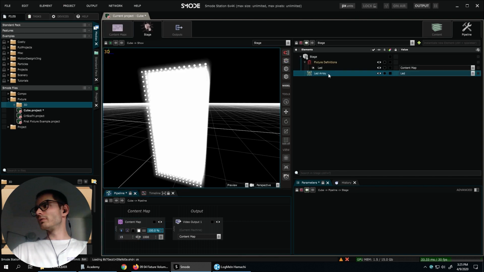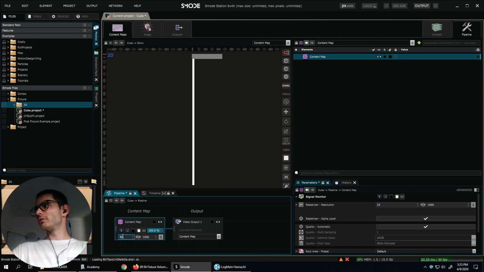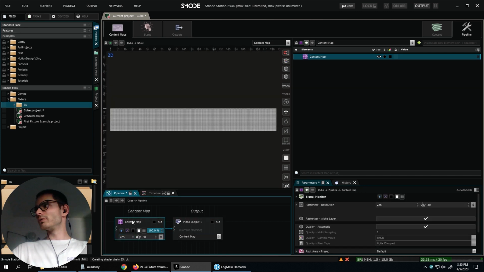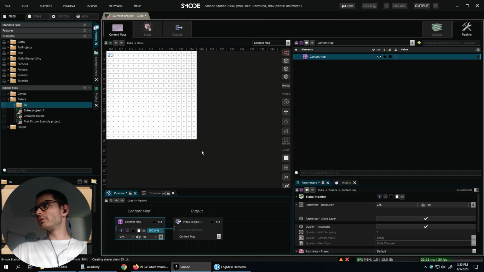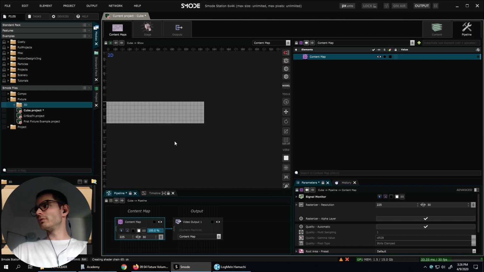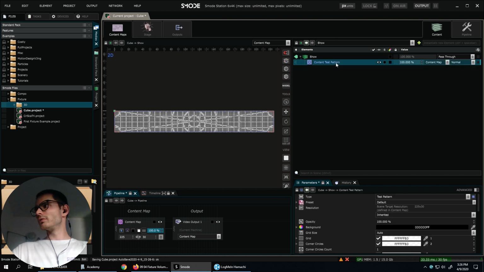To have the resolution, I will do 20 by 30, here 30, and here. And now I will have a content map which fits perfectly to the cube. And now I can send some content into it.